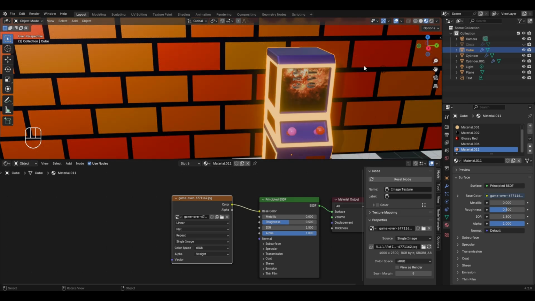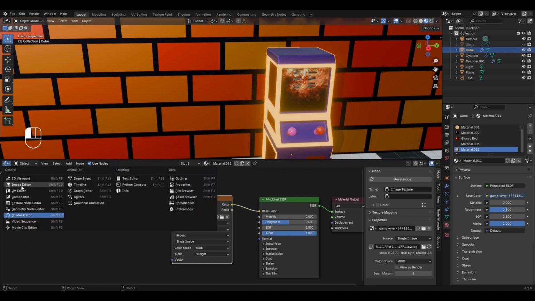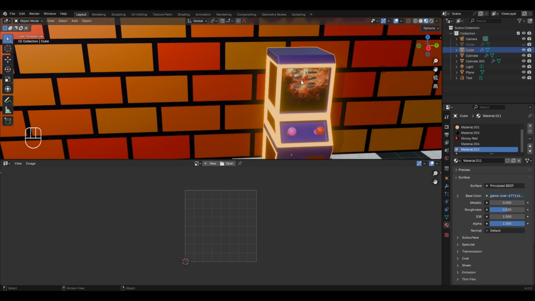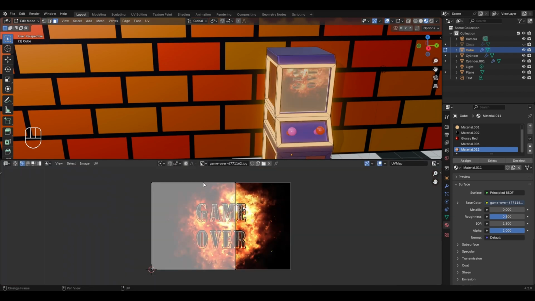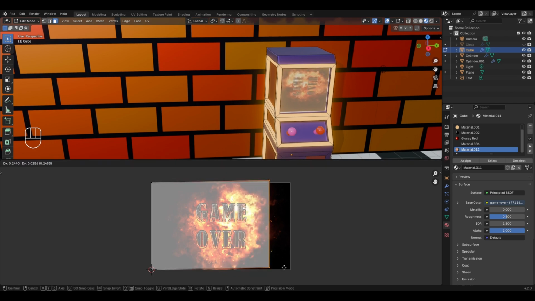And now we have to use the UV editor to fix this problem. So click here and change this window from the shader editor to the UV editor. Now press Tab to enter the edit mode, and with the face selected, go to the UV editor, scroll down, and now here you can see that we have these 4 points in the UV editor, which are nothing but the vertices of this face being placed on the image. So if I select both of these vertices, and after that, if I press G to move them, then you will notice that the image texture in the 3D viewport will also begin to change.